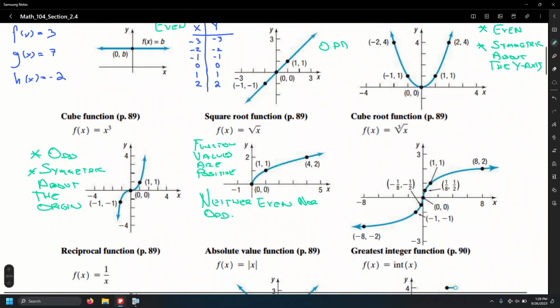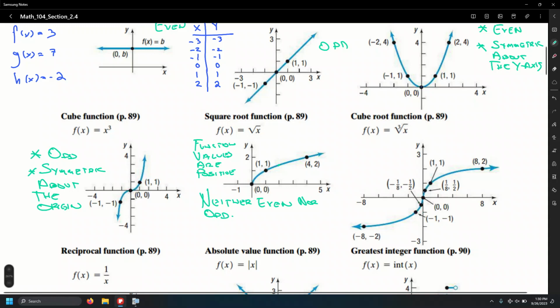All right, let's have a look at the next type of function. f of x equals the cube root of x. And we have a picture of it. I think from the picture you can already tell a little bit more about its properties. Of course, we have some of the key points, not all of them, only the ones that are perfect cubes, like in this case the cube root of 8, which is 2, the cube root of 1, which is 1, etc. All right, cube root of 0, which is also 0, cube root of -1, that's -1, cube root of -8